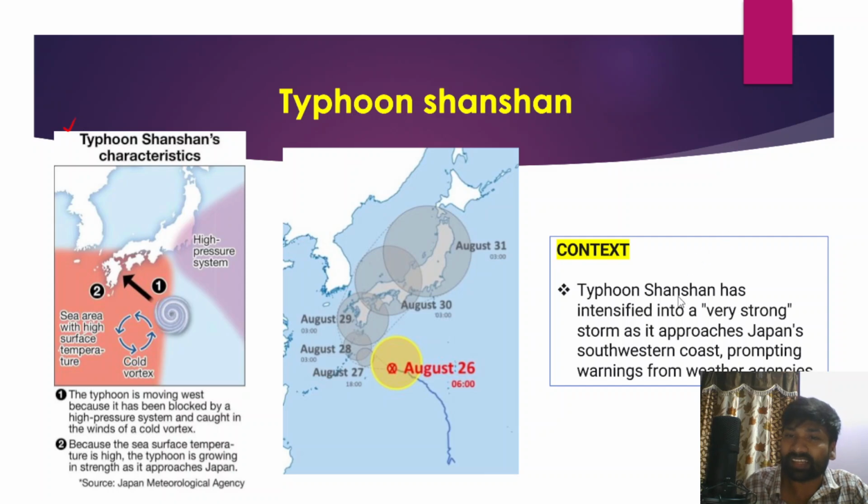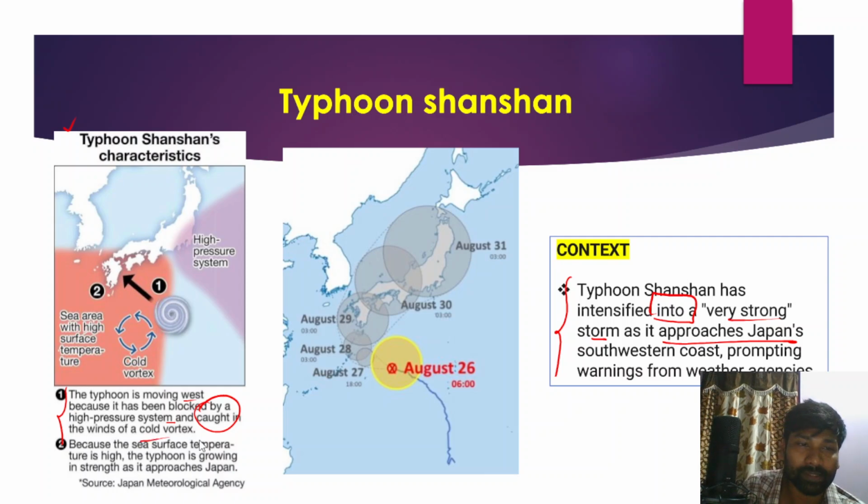Typhoon Shanshan has intensified into a very strong storm as it approaches Japan's southwestern coast, and that has prompted warnings from the weather agencies. Weather agencies have started issuing warnings about the fast approaching, very strong Shanshan typhoon. In terms of its characteristics, Shanshan is moving west, and it has been moving west because it has been blocked by a high pressure system and